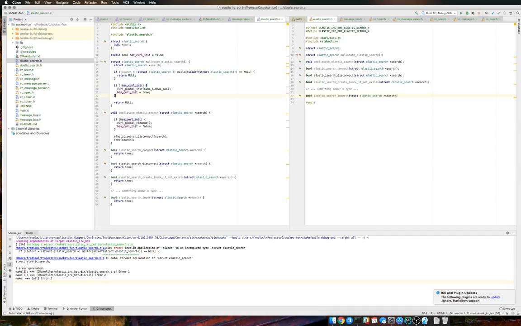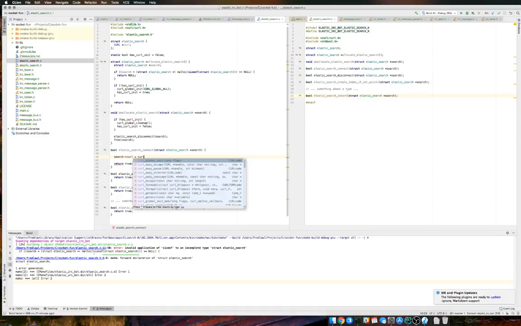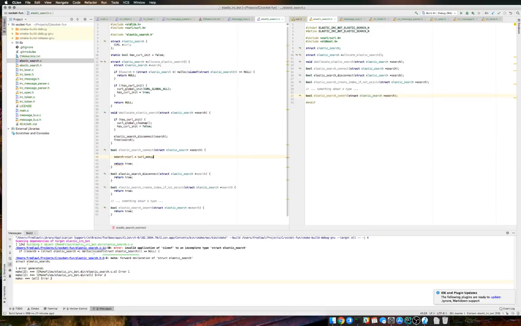Okay, easy enough. So in the connect, whoops, in the connect, what we're going to do is we're going to do search curl equal curl easy init, oh boy, init,